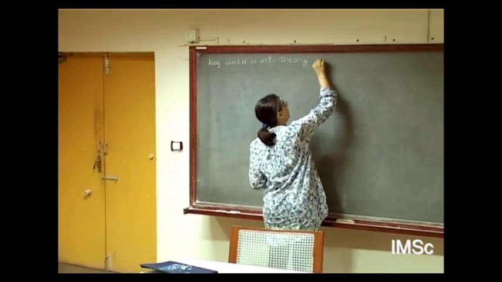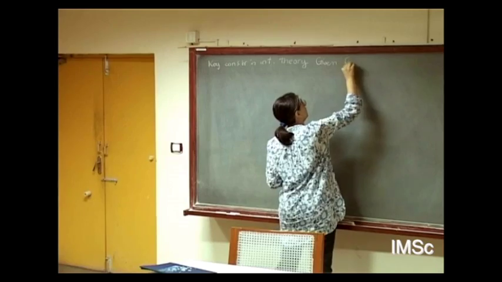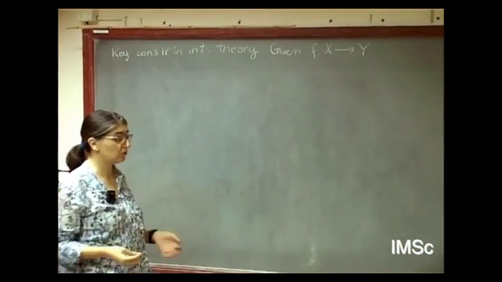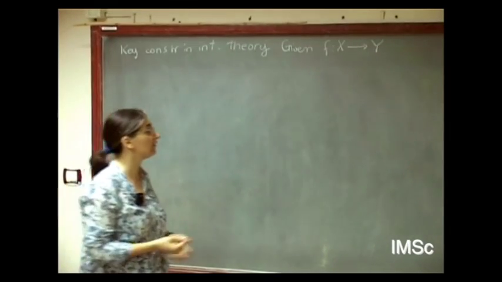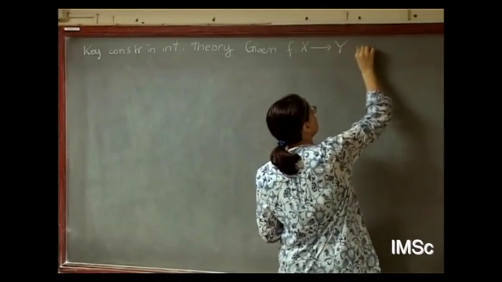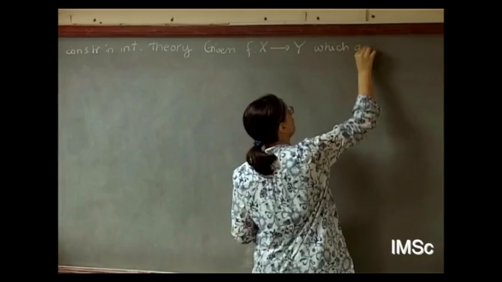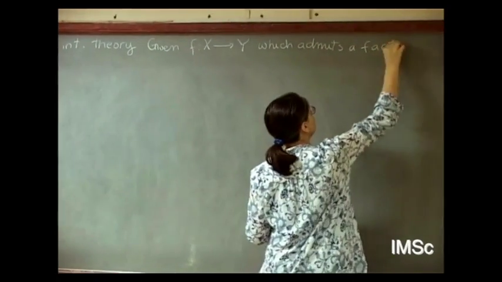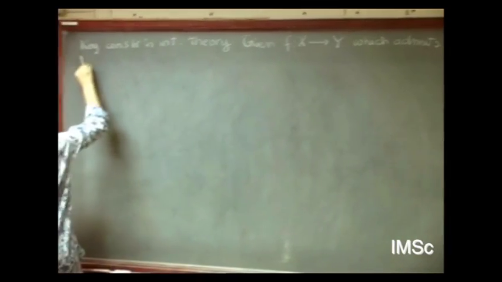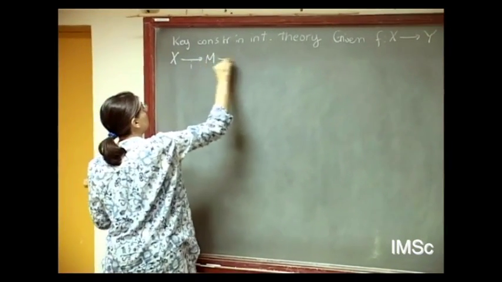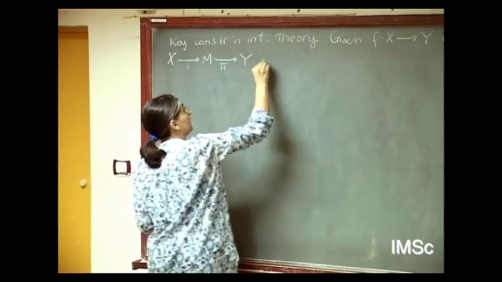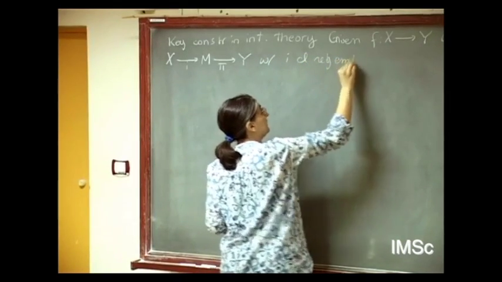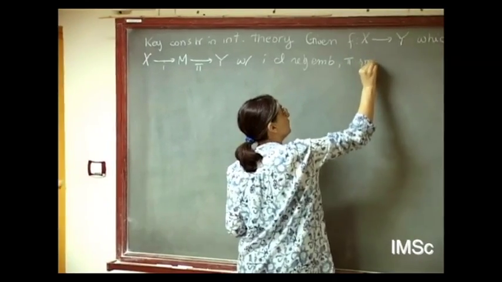So given f from X to Y, a morphism of schemes which are assumed to be of finite type over a fixed field, which admits a factorization X to M to Y, with i a closed regular embedding and pi smooth,